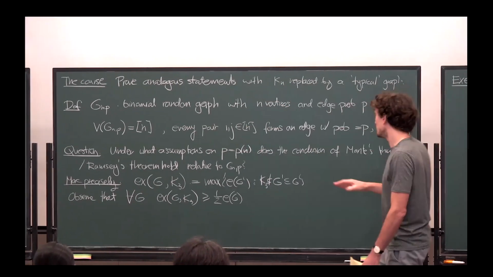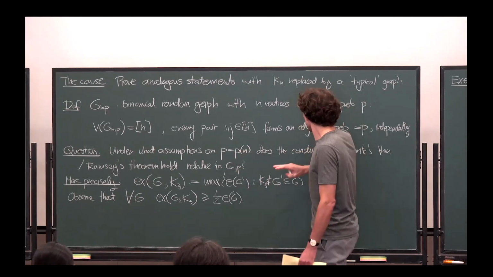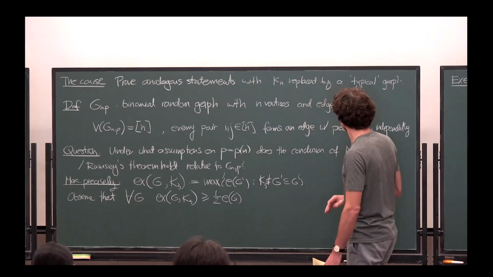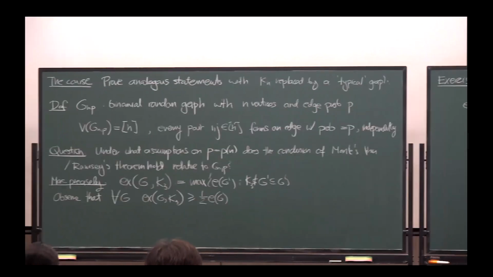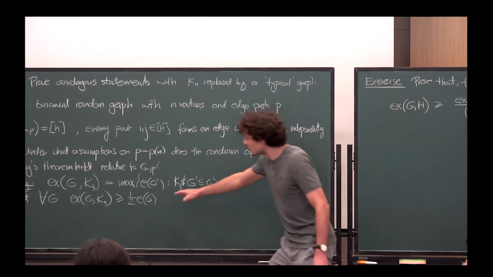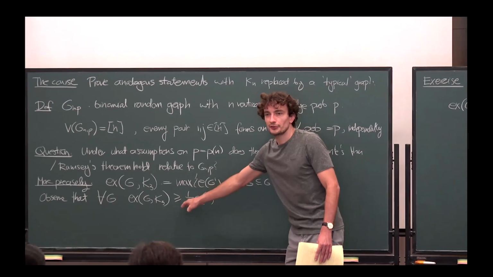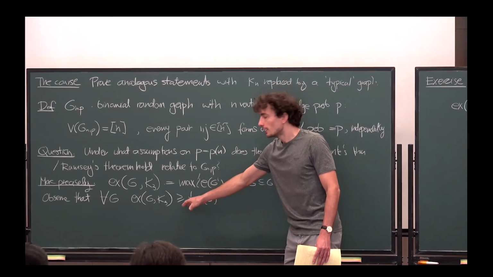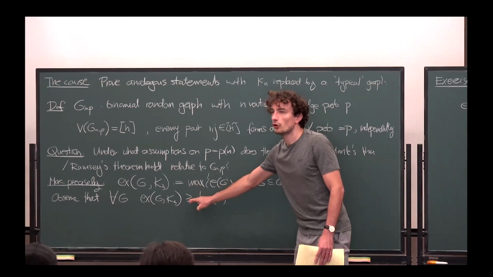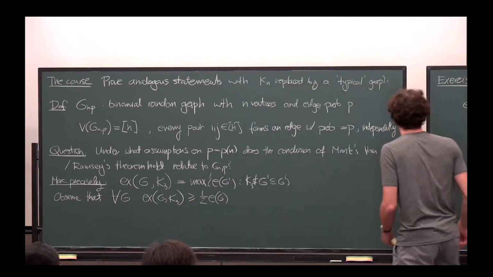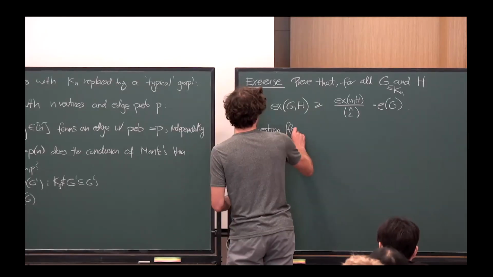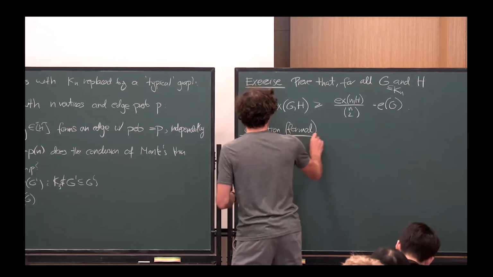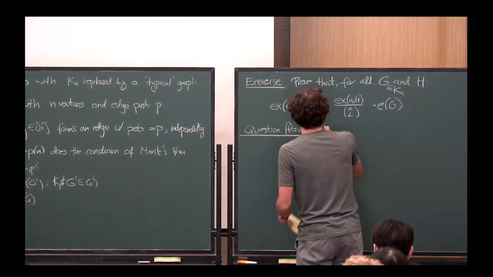And then the natural question to ask here is, for what values of the edge probability p is it true that we can reverse this inequality and this will hold with probability close to 1? And so, formal question. For what p